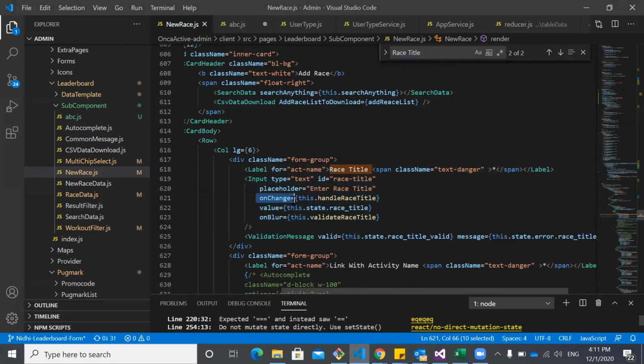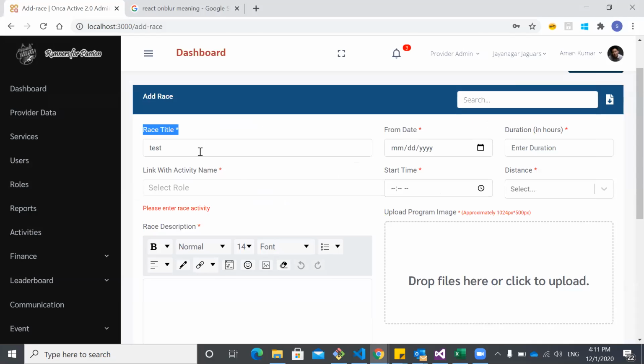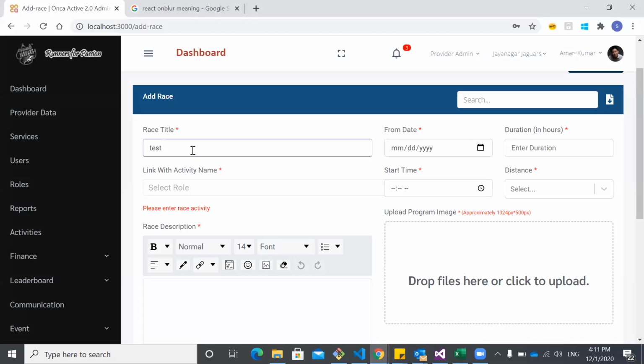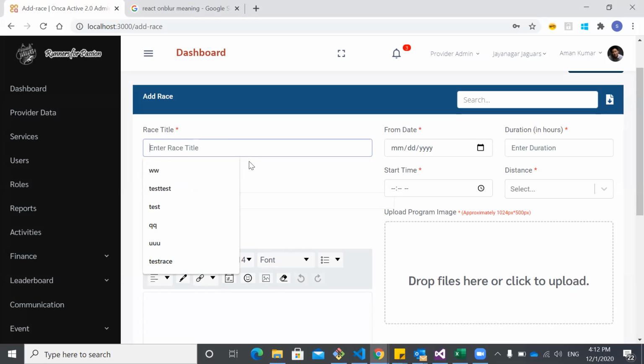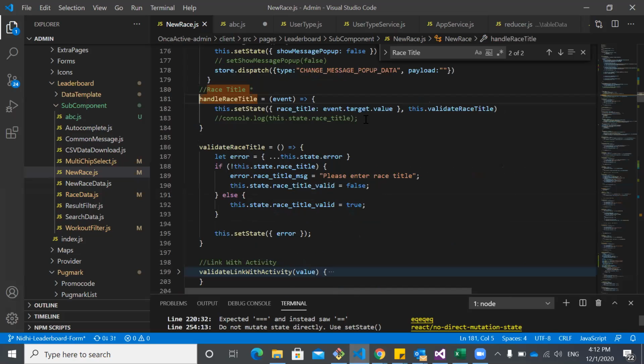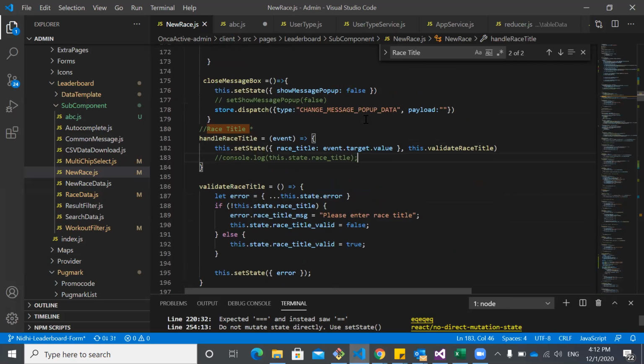For that, we have given on-change functionality, and on-blur is also there for both. These are attributes for the JavaScript written. On-change means if anyone is typing or something is changing in this text input, then this method is going to be called. And on-blur means if someone loses focus, even if no one types over here, the method validate rest title is still going to be called. Under this, we are doing two steps.